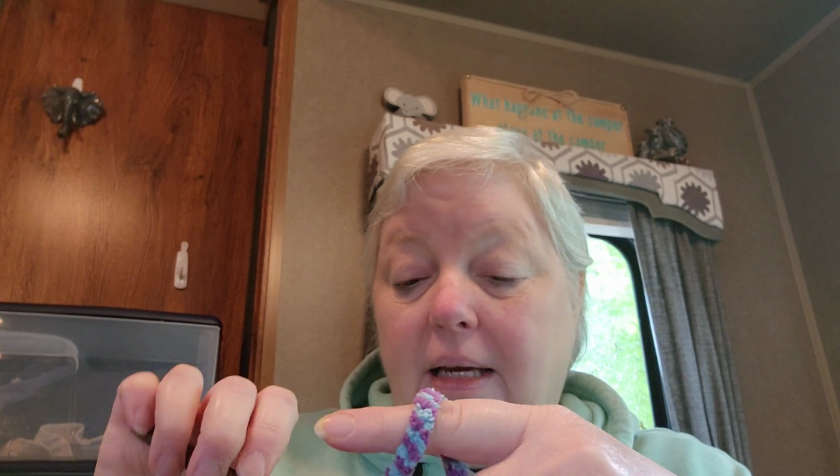And it's the biggest hook that I have with me. So I am using a 6 millimeter chocolate crochet hook, because we don't call it poop brown, we call it chocolate. And I'm just doing half double crochets, and I'm not following a pattern. I think I started with 6 stitches in a magic ring, and then 12, and then,